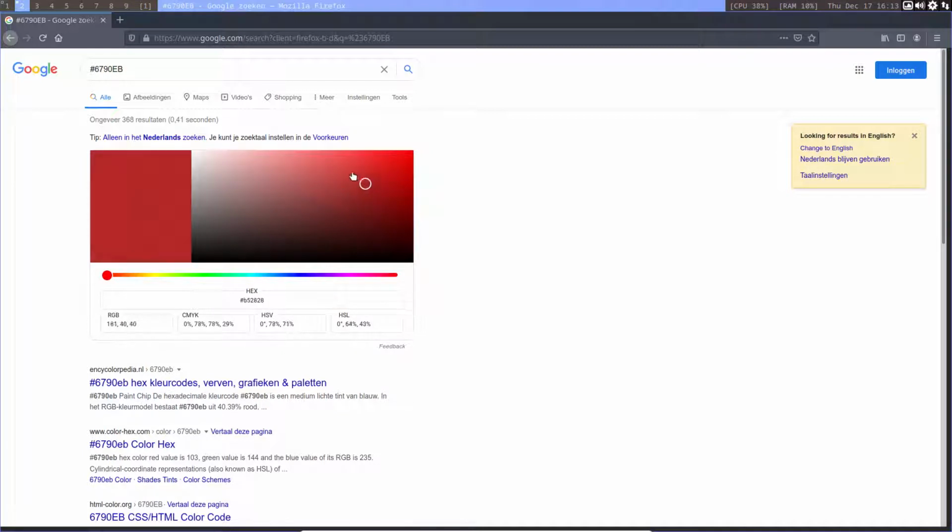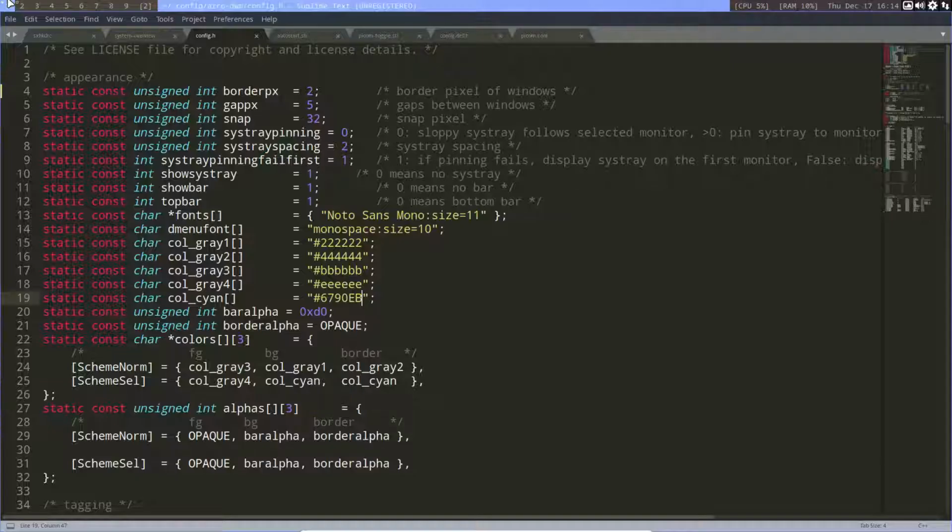I would like that to be a reddish, dark reddish kind of thing. Then I have another color, another hexadecimal color instead of this guy. Doesn't matter if it's called cyan or not, so it's that color that I'm changing. Control save. Okay, and